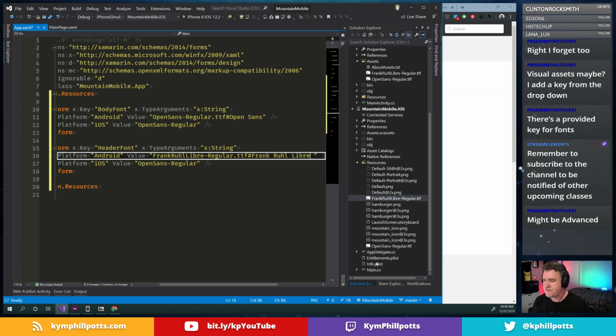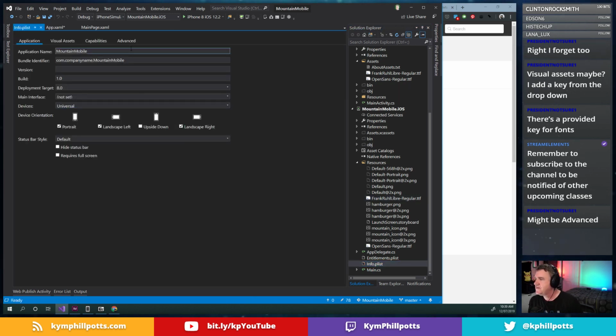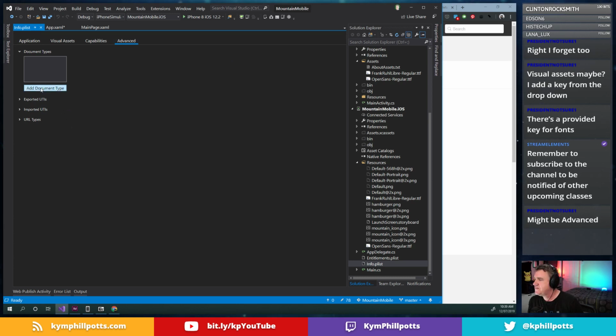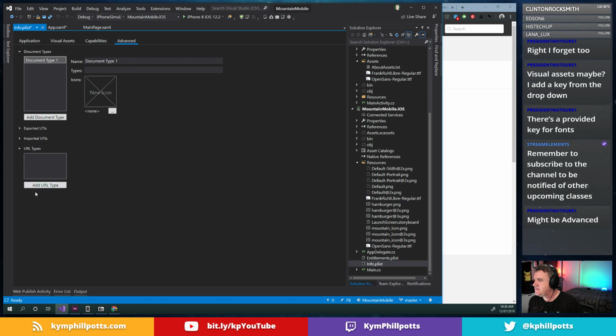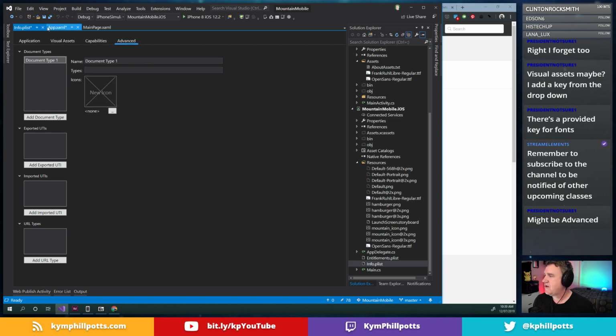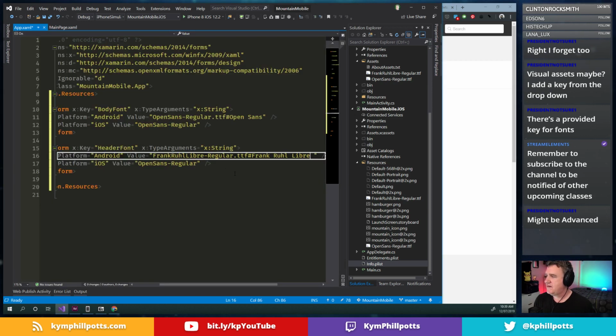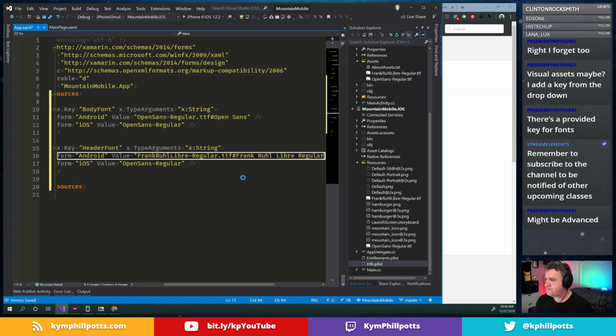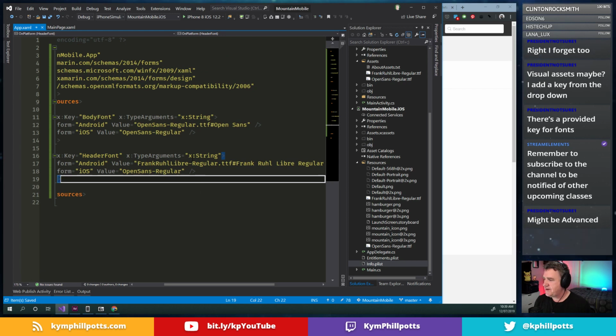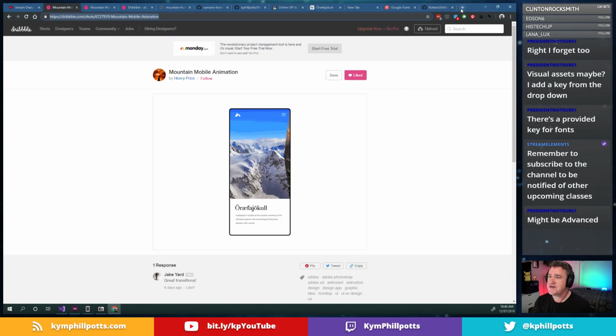Is there a key for fonts? Right. Regular. Let's try that. Now for this one, actually, here's an interesting thing to do. This is probably the best way I know to find out the fonts. Gerald